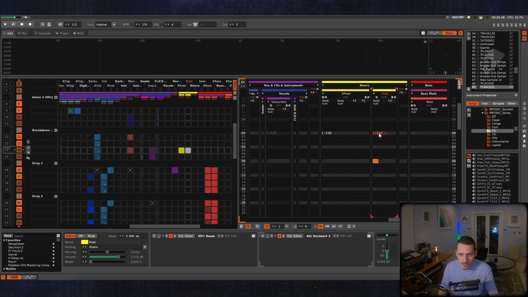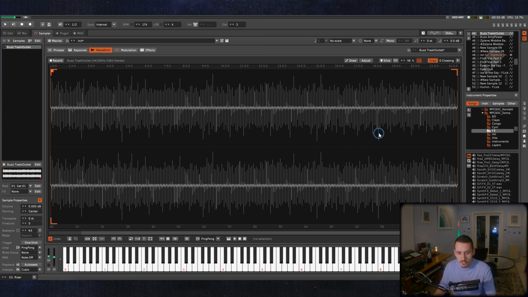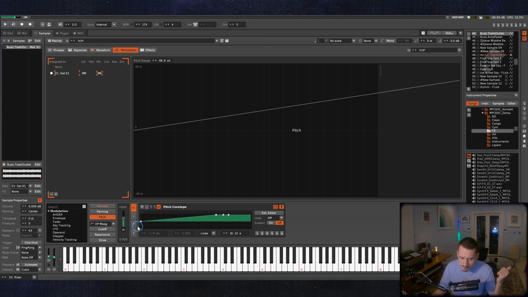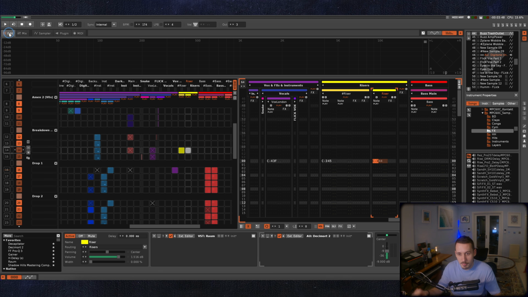Now, the clue is in the name, and rising is a rising in energy or in pitch or in frequency or in distortion or reverb or delay, and actually all these things are good ways to create risers. One really easy thing I do in Renoise is a volume envelope here, which is increasing over time. And then a pitch envelope, which is also increasing over time. But you can see I've changed the pitch range to be a massive amount, and that's going to give me a wider pitch range.